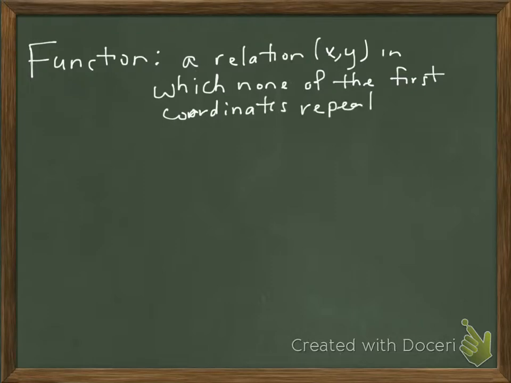Okay, and that's kind of a watered down definition, meaning that it's not mathematical, using a lot of math terms. So what I want to do is I want to give you a more mathematical definition. Okay, it's a relation